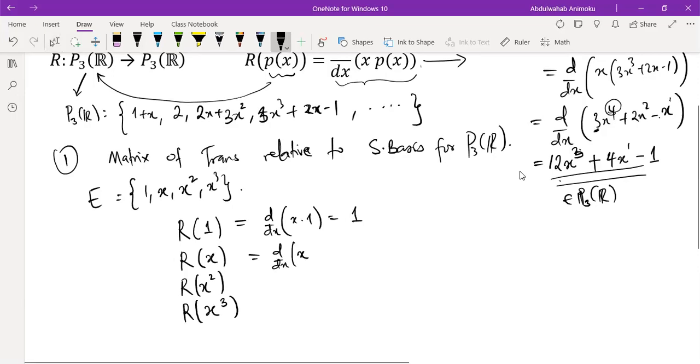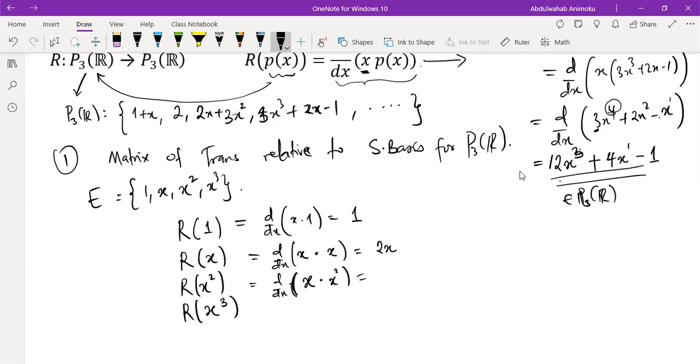X. Remember, in the transformation, you have x times p of x. So that is going to be x times x, right? So the derivative of x squared would give us 2x. And the next one, we're going to have d/dx of what? X multiplied by x squared. So that will be the derivative of x cubed, which is 3x squared. And finally, the derivative of x times x cubed, which is x raised to the power 4, which is 4x